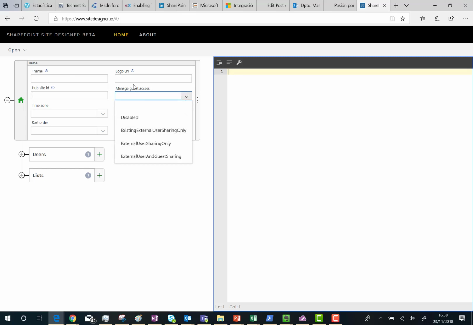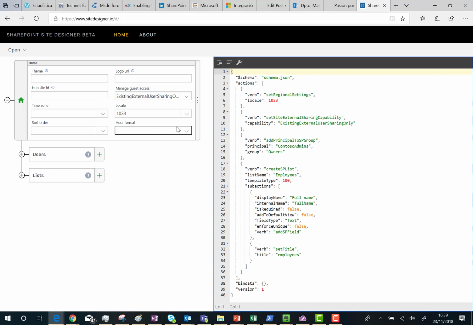But for now, what we are going to do is just to, for instance, configure the external access for a site. So let's choose existing external user sharing, and as soon as you choose an action here, as you can see, this is going to be converted to the specific JSON required to configure the existing external user sharing option for a modern SharePoint Online site. So we have the different actions, and